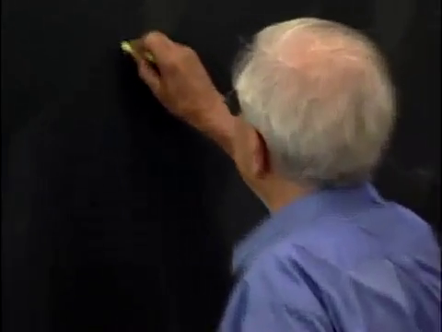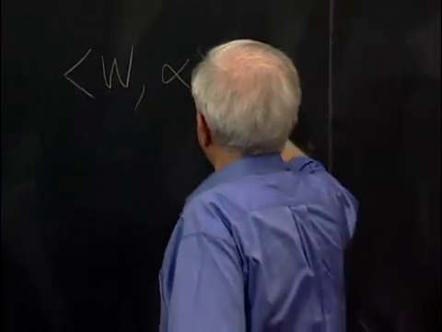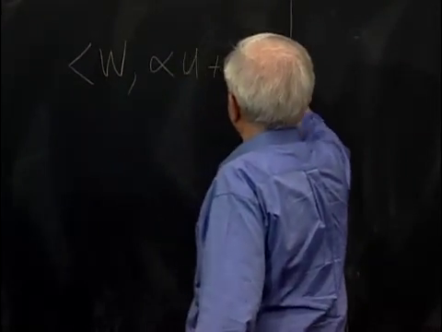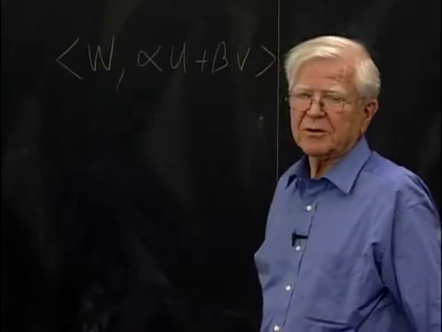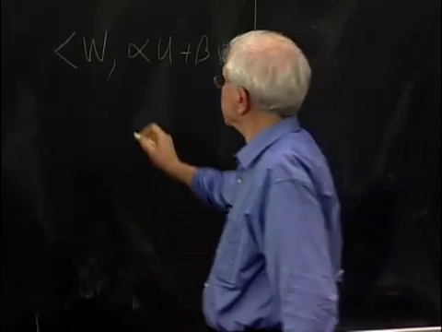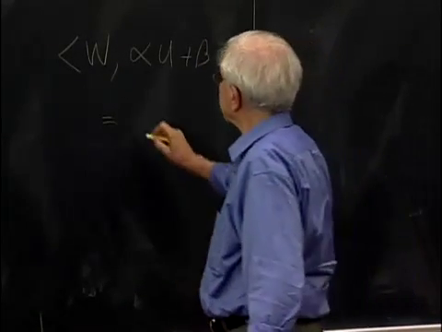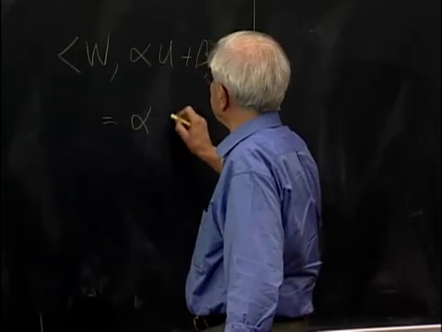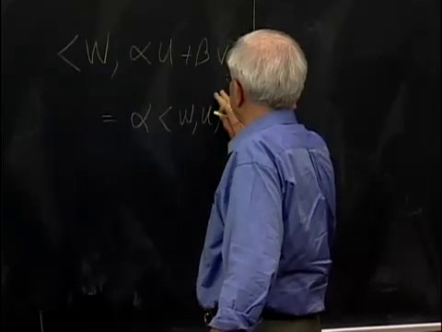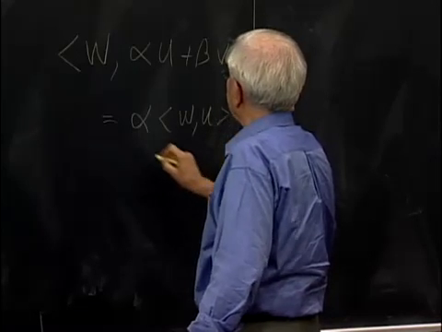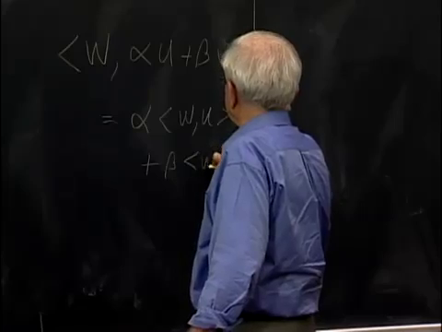Suppose we take w with alpha u plus beta v. What's that equal to? Well, it's equal to alpha something, w u, plus beta w